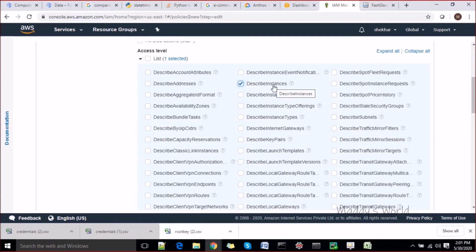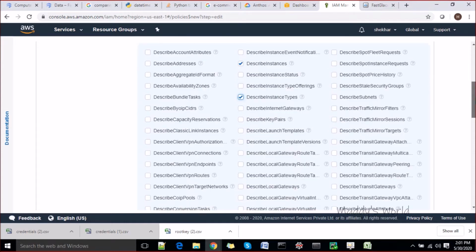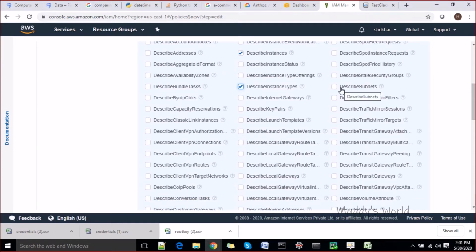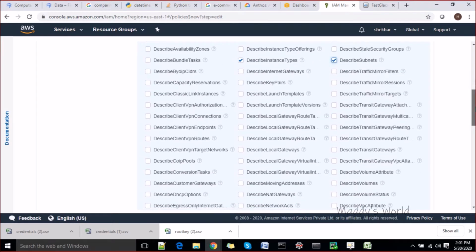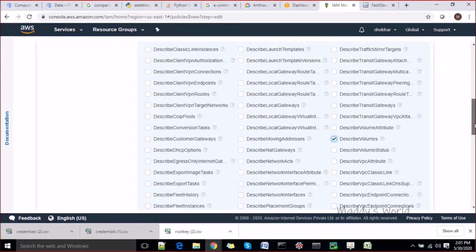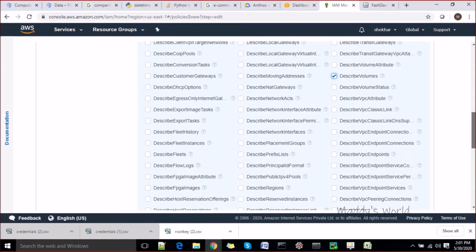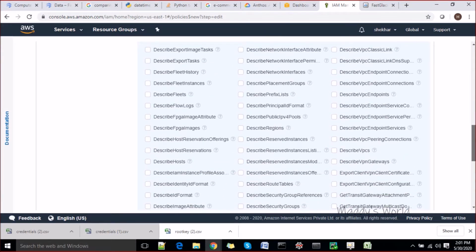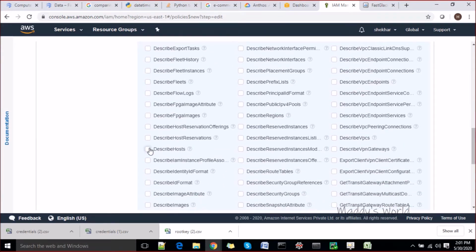Let's say describe instance, you said describe instance type also, right? Let's say you also need to give describe subnet, you want them to see the subnets also, give this access there also, right? And you can see describe volume too, right? What else do you think we should allocate here? There are so many list policies, right? I would call it describe host too,